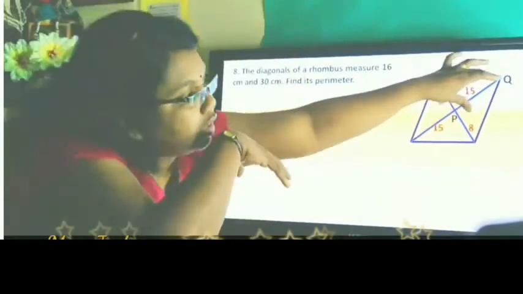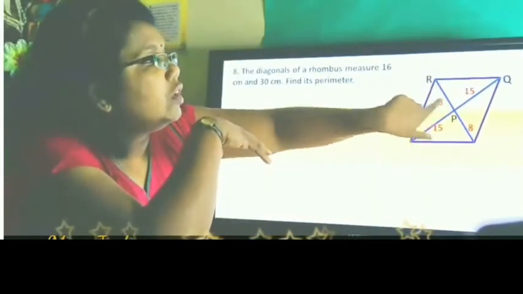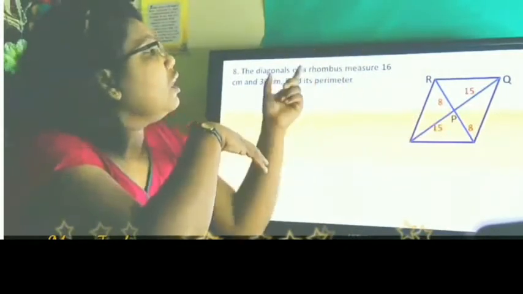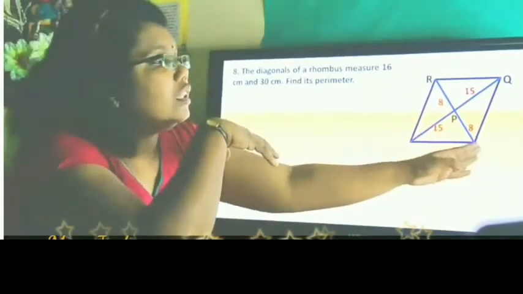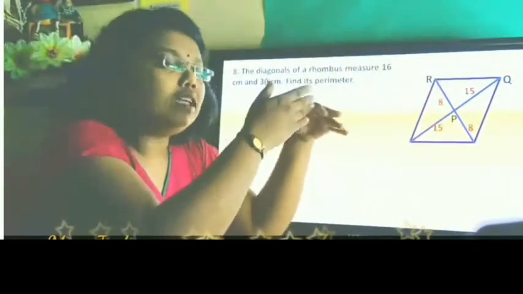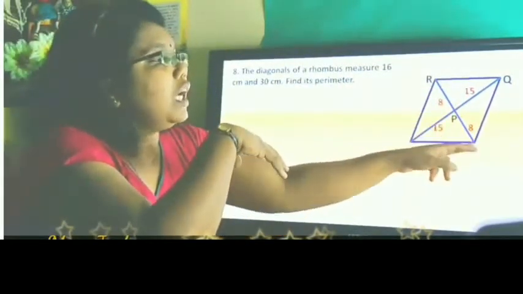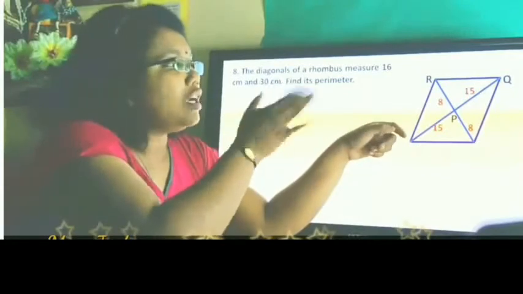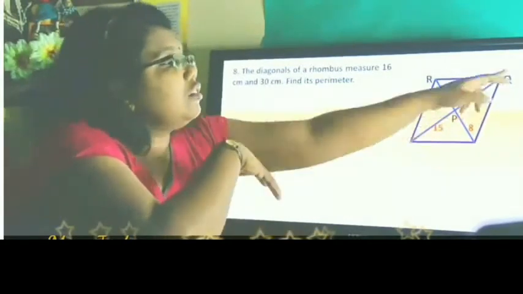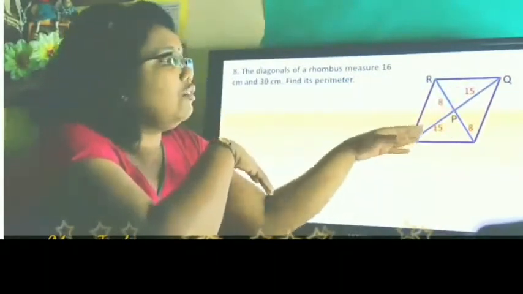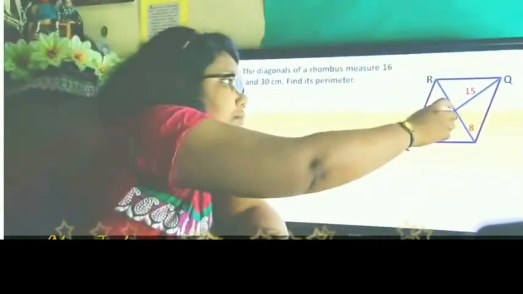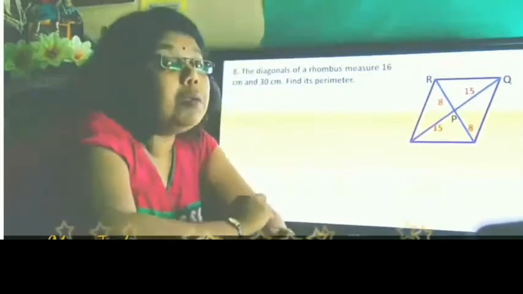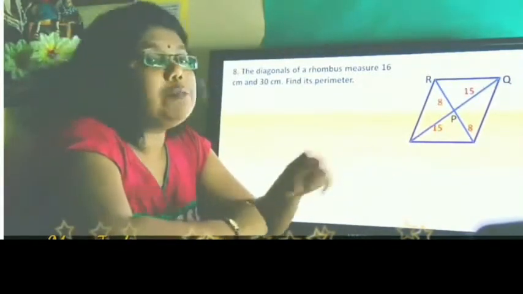Here there's one part and here there's one. Both these are going to be equal and both these are going to be equal. Here we are told that the diagonals measure 16 and 30. The entire length is 16. So because it's bisected, we know that it's going to be 8 and 8. Part of it divided into halves. Next, 30. Divided into half, you get 15 and 15. And a right angle is being made here. The diagonals are perpendicular, so a right angle is being made there.